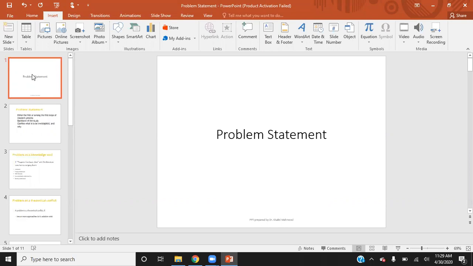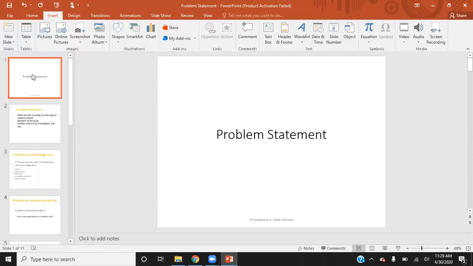Problem statement is one of the most important things that we have in our research study. Whenever we are doing research, we need to find a problem. We said, in the topic on writing a scientific report, that the problem statement goes into your introduction chapter, which is the first chapter of your research. In the introduction, we start with the background of the study.